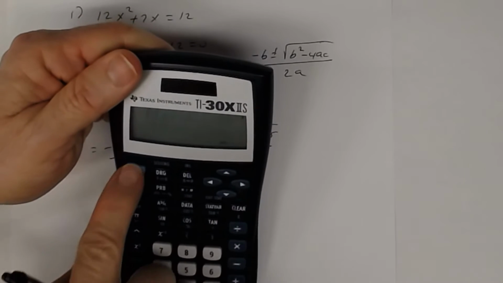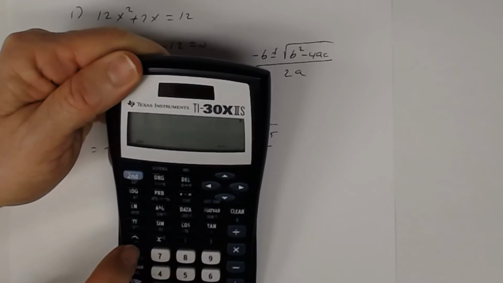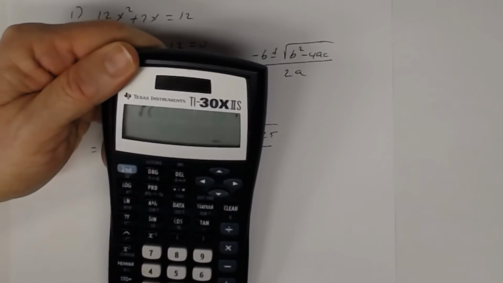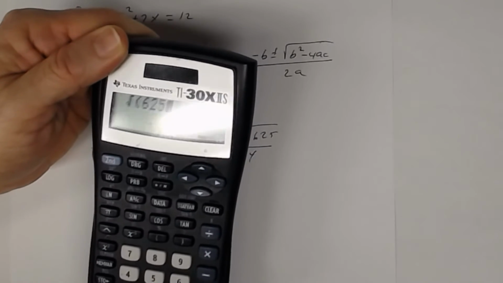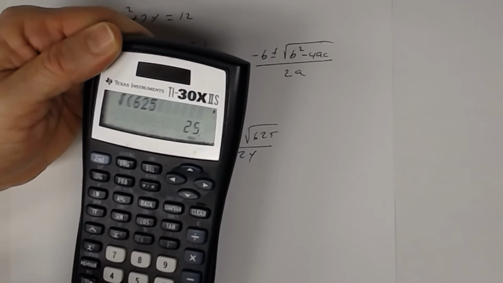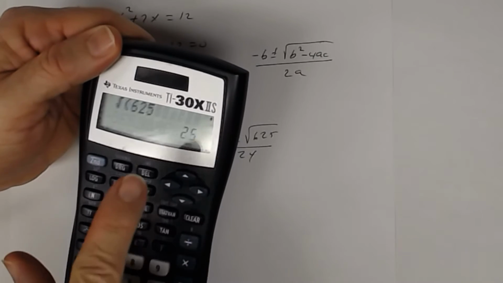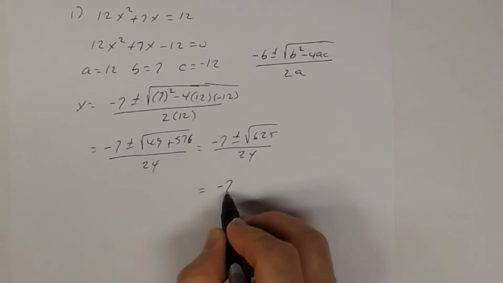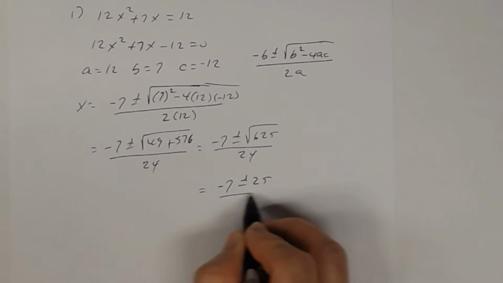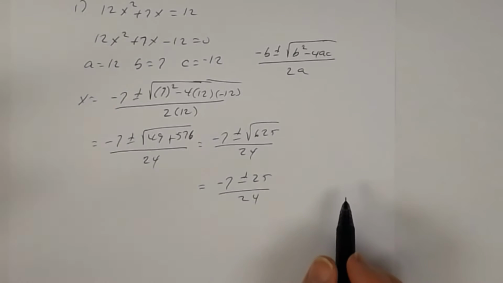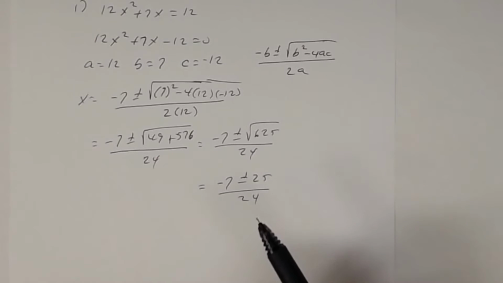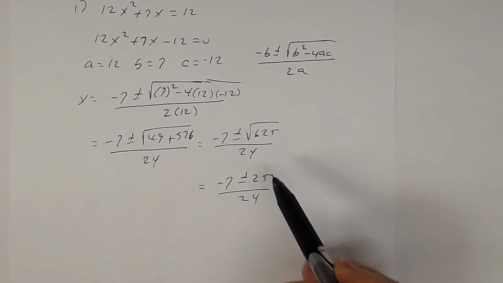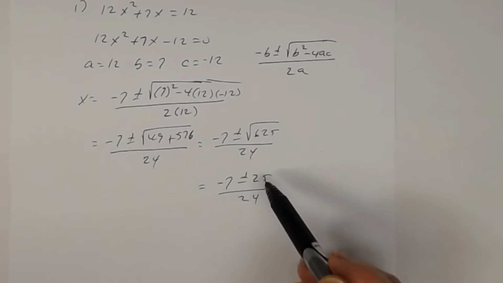So notice the square root of 625. Make sure you know how to use your calculator. Square root of 625, press equal, that's 25. So 625 is a perfect square. The square root of 625 is 25. So what I have here is negative 7 plus or minus 25 divided by 24. Just like in a previous topic when we talked about the square root not appearing any longer,